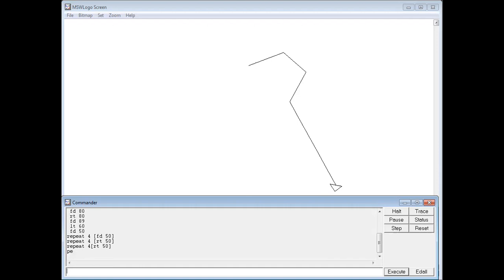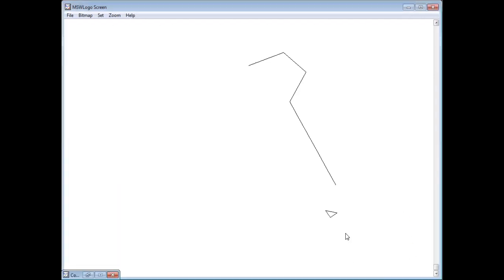After PE, pen erase, I'm writing FD 50 or 70. Now the turtle will move but doesn't draw anything. This is the function of the pen erase command, just like an eraser.